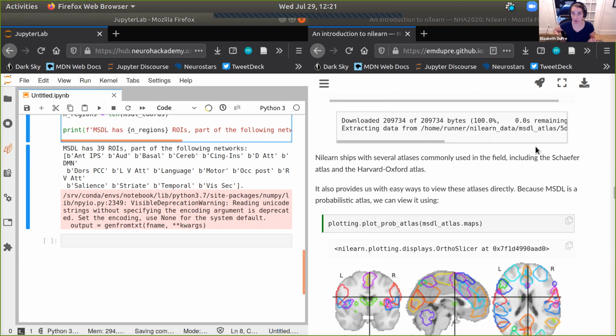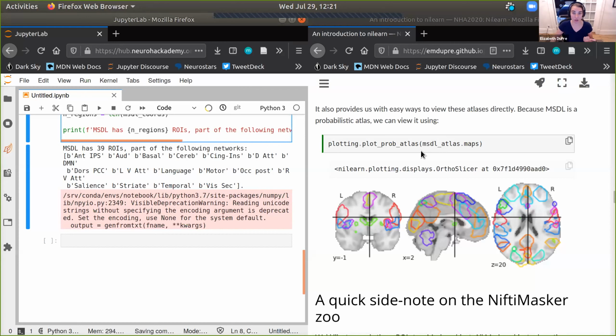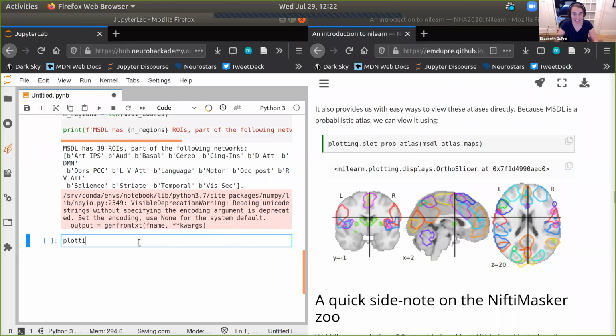One thing that's also nice is, as I told you before, Nilearn is really great about plotting. We've already seen how we can plot an image interactively. There are also really nice ways to plot our atlases. Because I told you MSDL is a probabilistic atlas, we can view it using this plot_prob_atlas command, nicely named. So let's go ahead and do that.